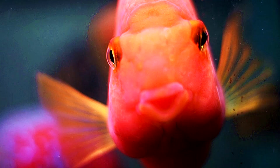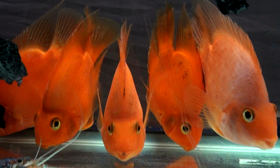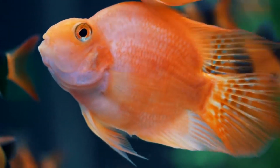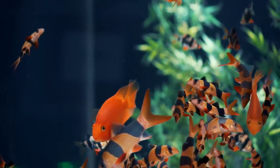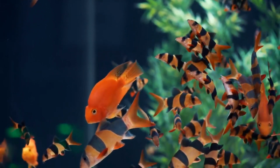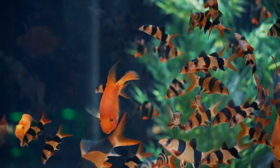10. Blood parrot cichlid. The blood parrot cichlid is a cichlid hybrid. It was created in Taiwan around 1986 and is produced by crossbreeding a Midas cichlid with a redhead cichlid or a red devil cichlid. There is some controversy in the ethics when it comes to creating blood parrot cichlids, as